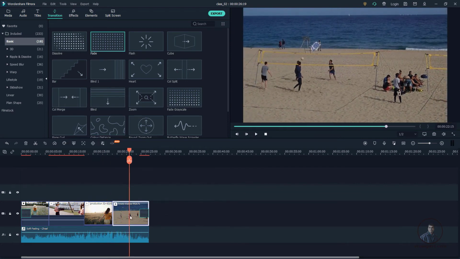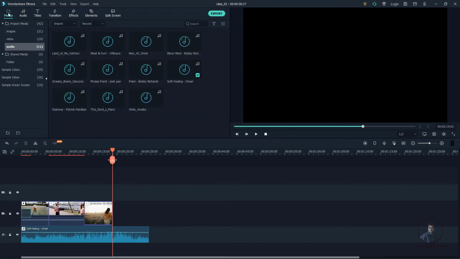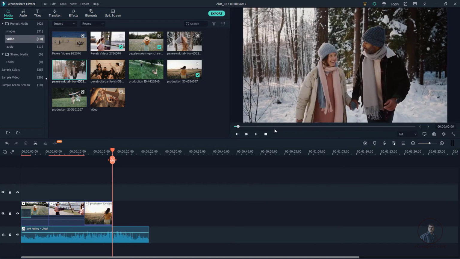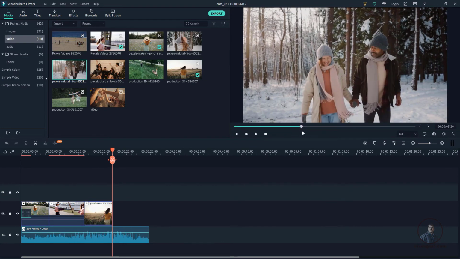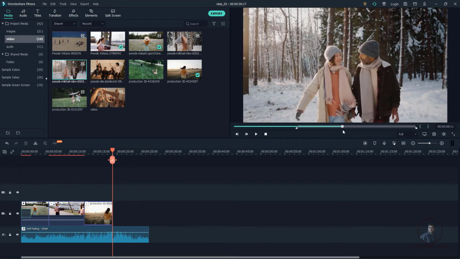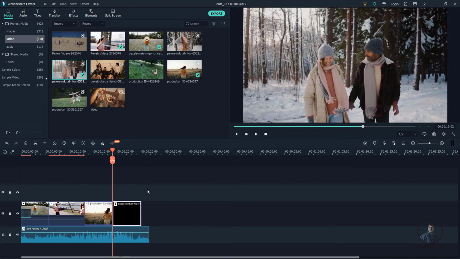So suppose this is not looking good, then you can select and delete and just add another video here. Again click on media library and video and just select and double click here. So from here you can define maybe an in point, then till here, suppose if you want, an out point, and then from here if you want you can also simply drag and drop, and you can place your video into your timeline here.